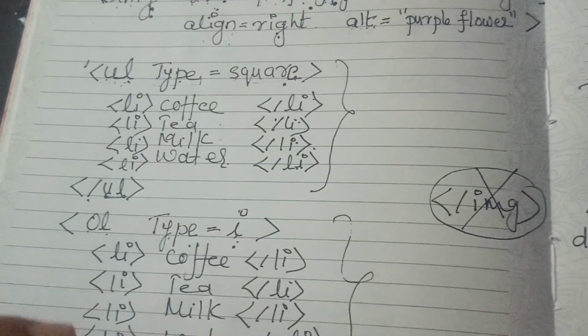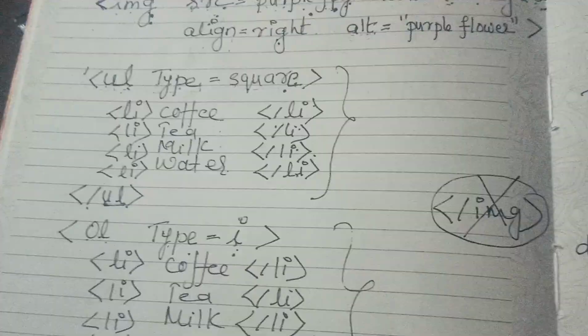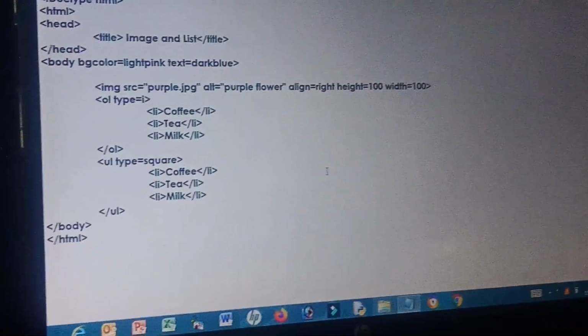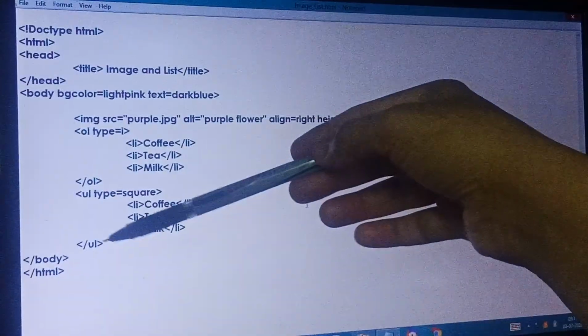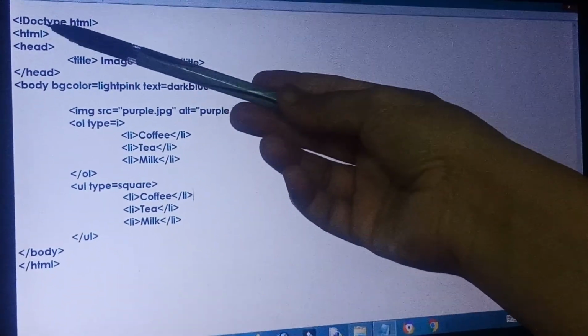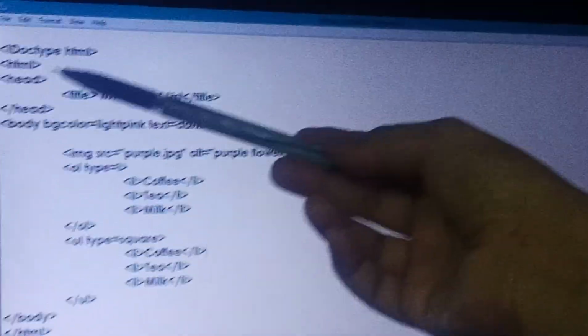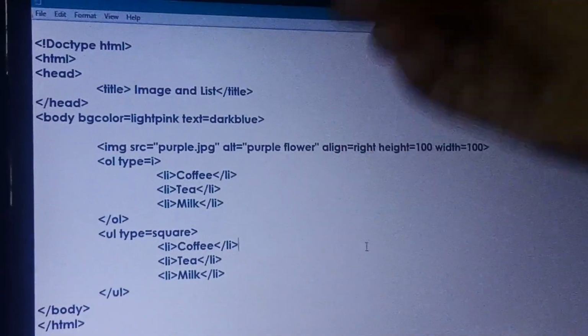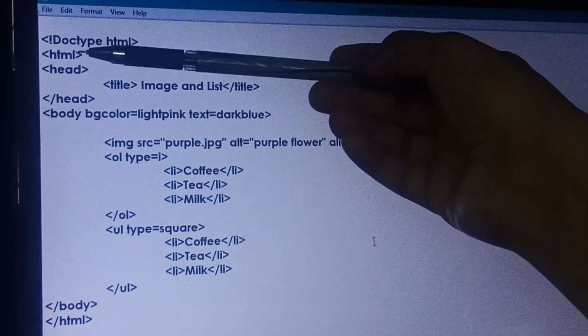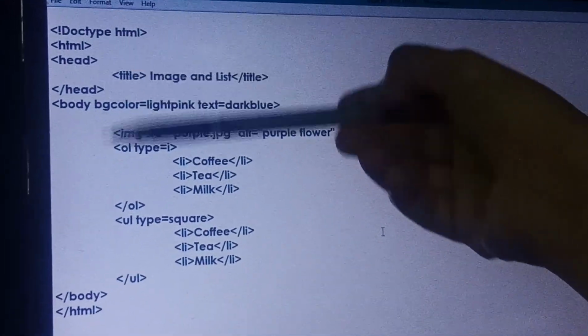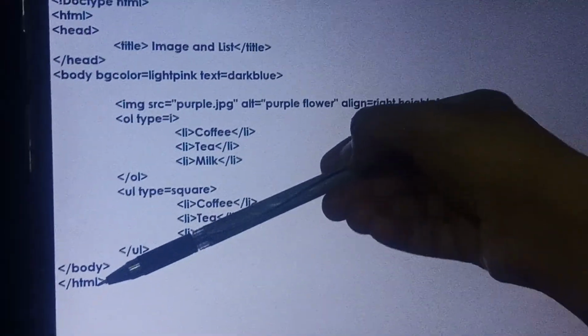Now let's go to the screen and see how this is written. Okay, now this I have already written. We know that in HTML5 it starts with what type of document. It's of HTML type, and after this first line, the HTML file always starts with an HTML tag and ends with an HTML tag.